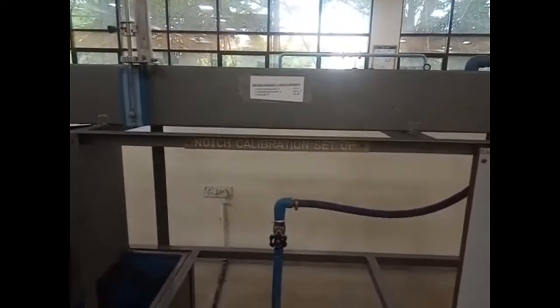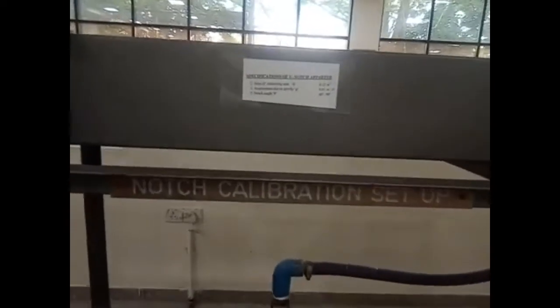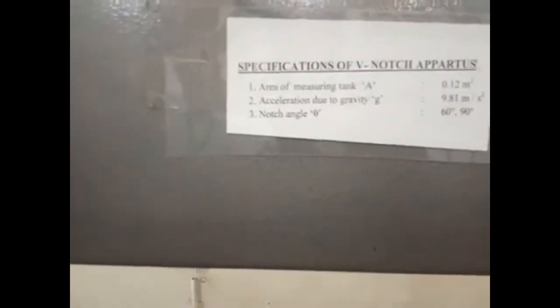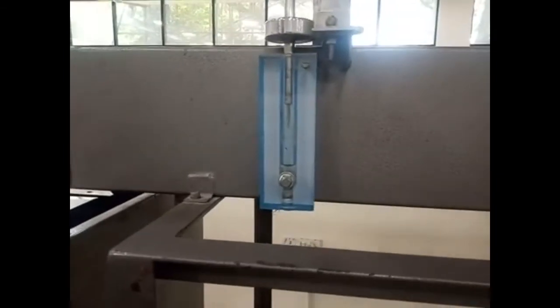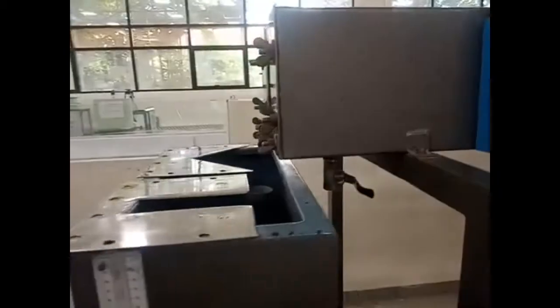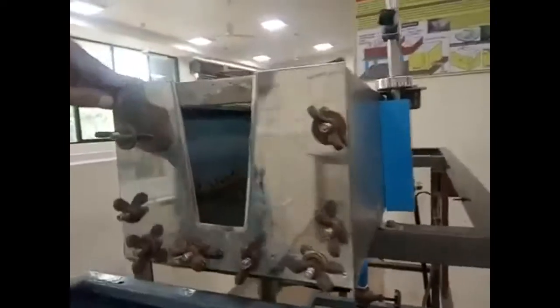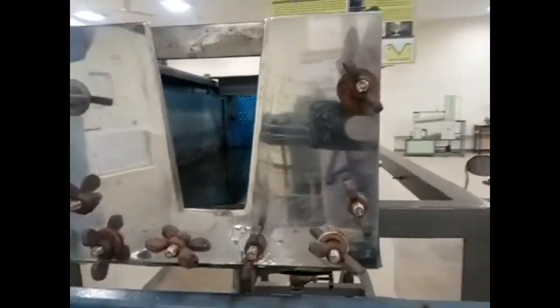In today's session, we shall be discussing calibration of notches. In the previous theoretical session, you have understood that notches, just like weirs, serve the purpose of measuring large amounts of discharge in open channels. So a notch can be defined as an opening at the end of an open channel. Let's now look at an open channel. We are simulating that this entire structure is an open channel for this experiment.